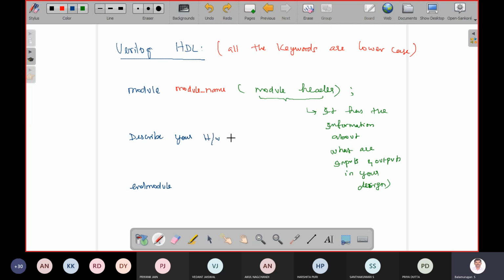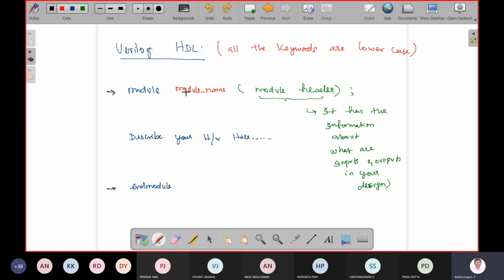In between you have to describe your hardware. The first line you start with module, and the last line you end with endmodule. In between you describe your hardware. The description of your hardware has different types, which we will discuss.